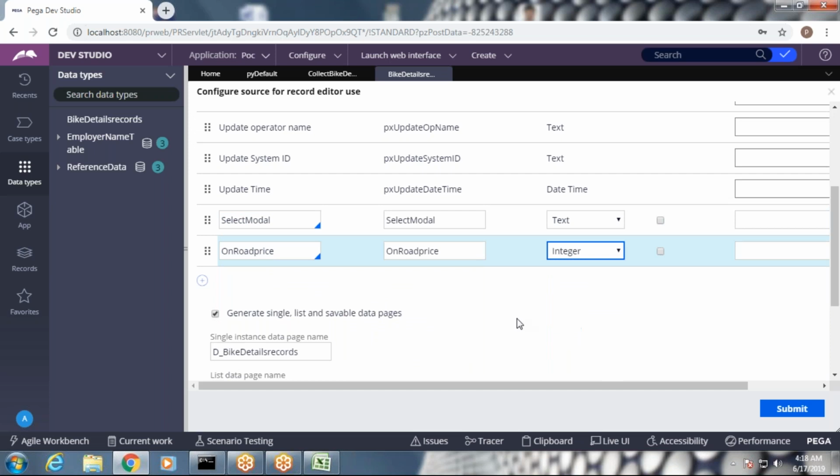Set select model as the key, not on-road price. Select model is the key now. That's fine, and go to submit this.